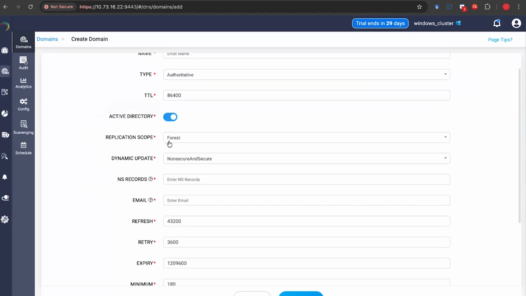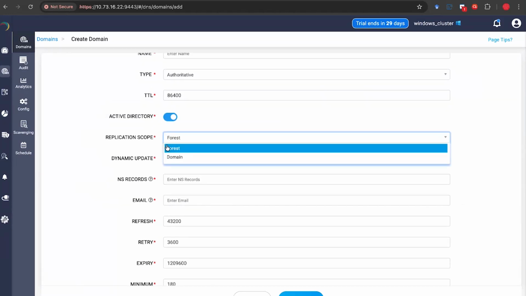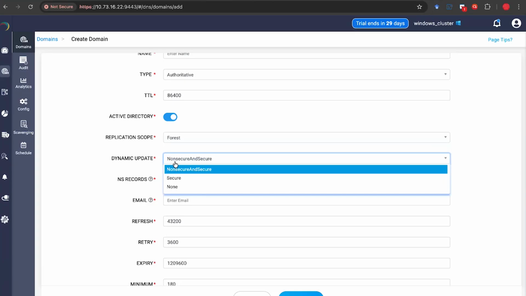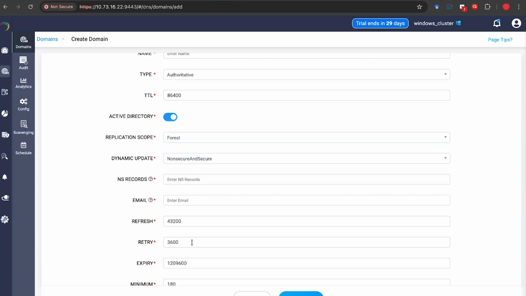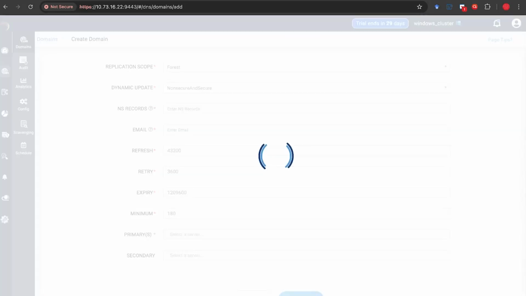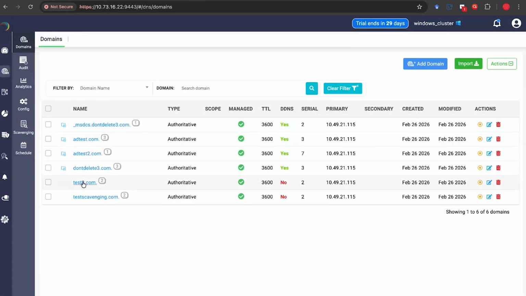You can just give the replication scope that you prefer, and you can specify how the dynamic updates should take place. When you create this, it makes sure to update the IPs from the network address of the domain controller, and you can add the primary and secondary controllers over here, and you can mark the primary domain controller in the